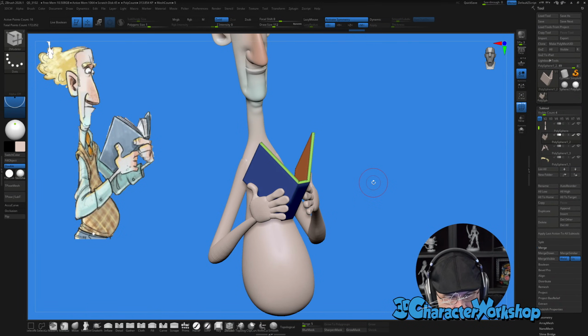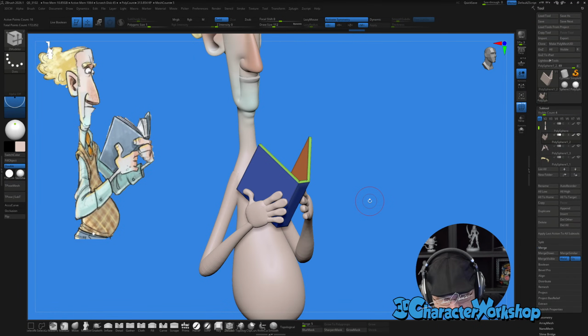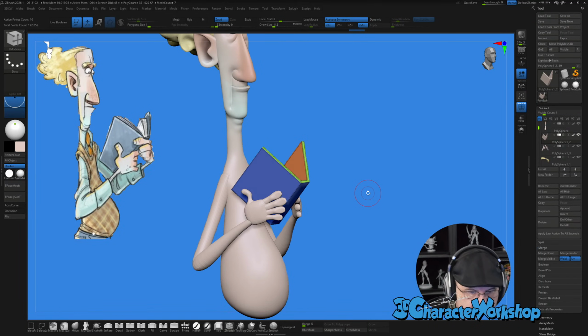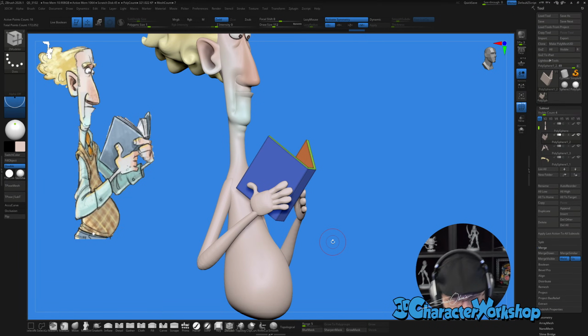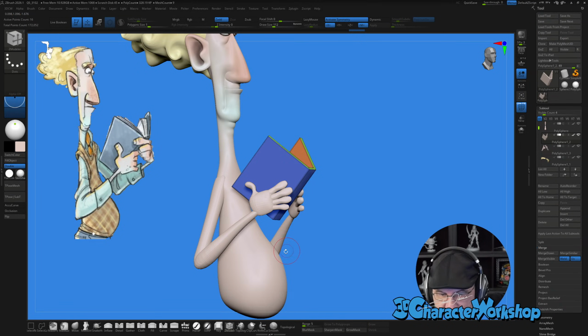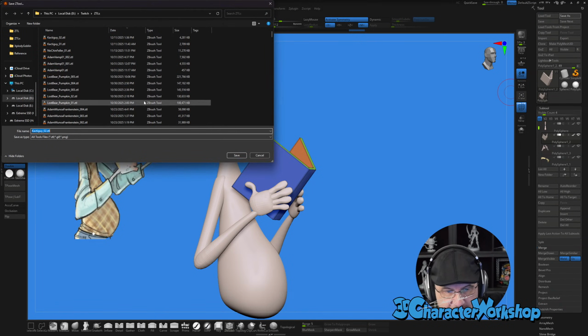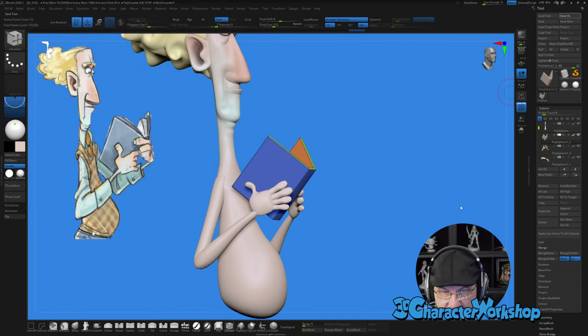Okay. And then I kind of want to start to make, I'm tempted to pose the hands already, but I think I'll wait on that. And I'll just start making his blue shirt. So I'm not going to make the shirt go all the way underneath this sweater vest thing, just through the top here. And then we'll bend that collar down here in a minute, but okay, let's do another save. Every time I do something big, I want to hit save in case it crashes.